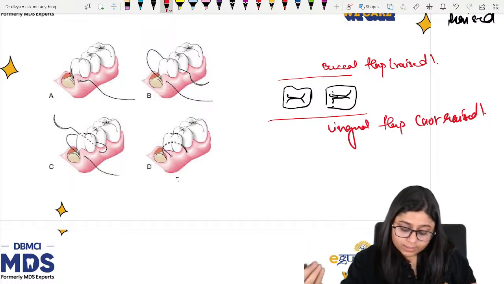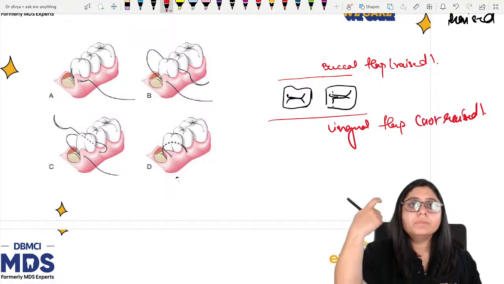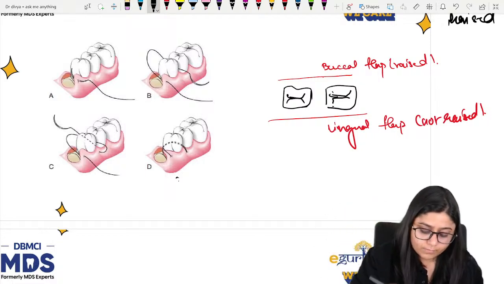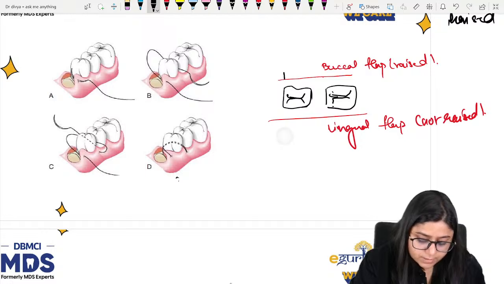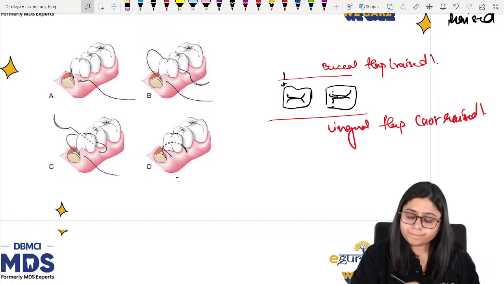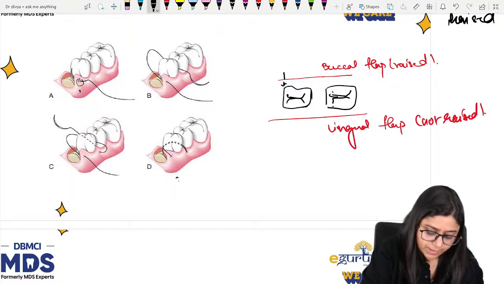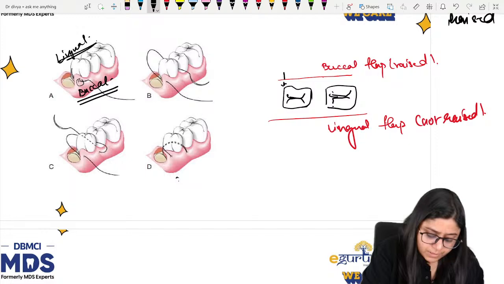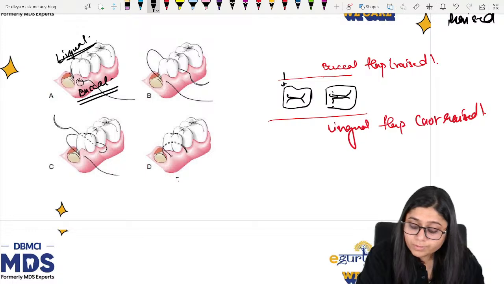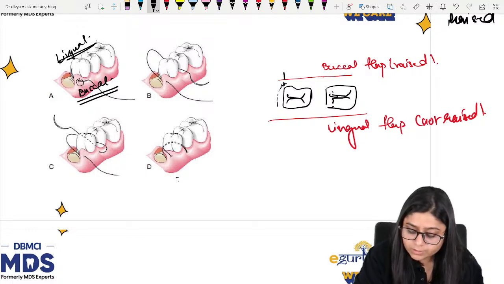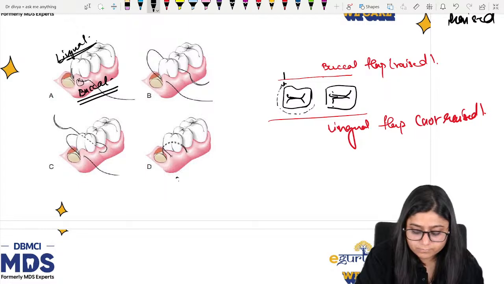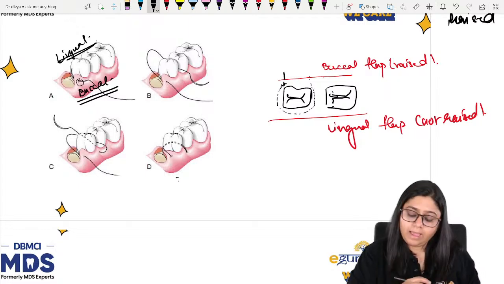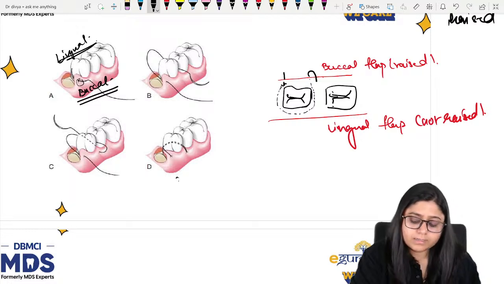So we will pierce our needle from the buccal side. Here, I will pierce the needle here, like this. Here you can see, this is the buccal flap, and this is the lingual side, which is not raised. We pierce the flap from the buccal side like this. Then we don't pierce it on the lingual side. We just go around the tooth like this, and we again pierce it from the buccal side.